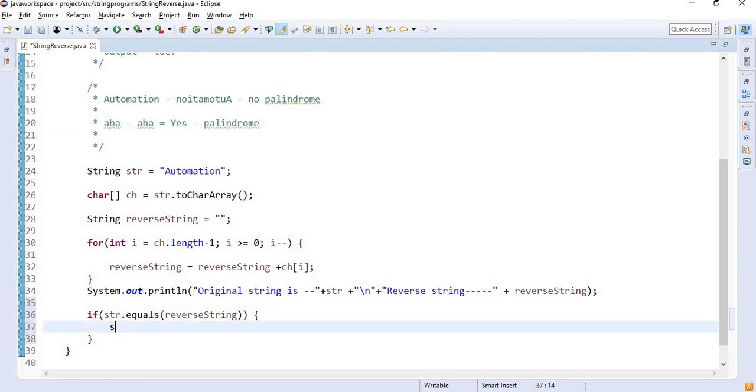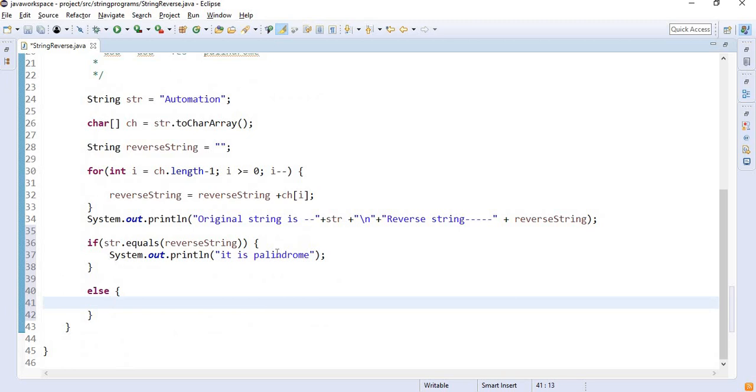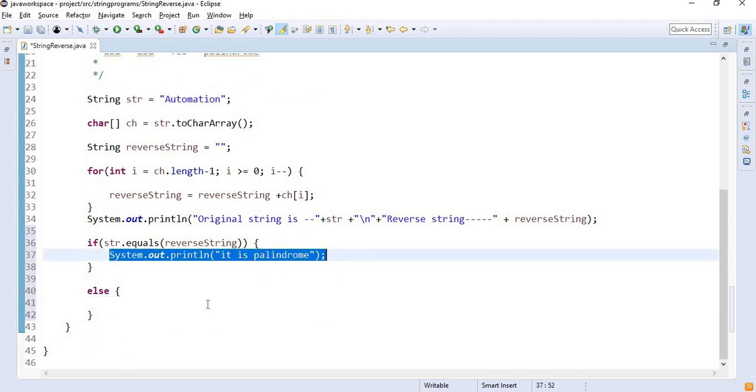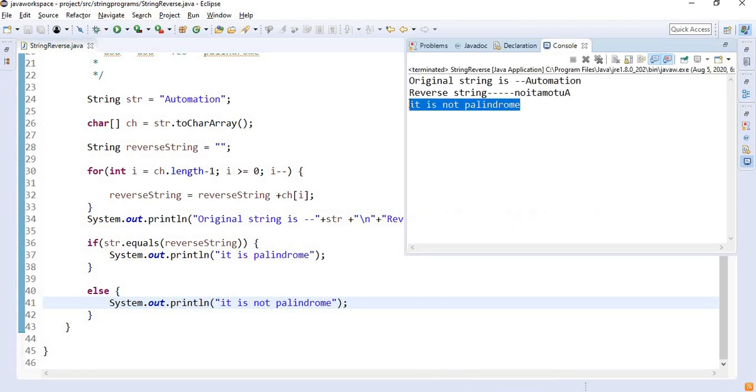Then I will say sys out, it is palindrome. If not, then it is not a palindrome. Very simple. Then I am just printing it and we will check. Let's see what gets printed. See, it is not a palindrome.